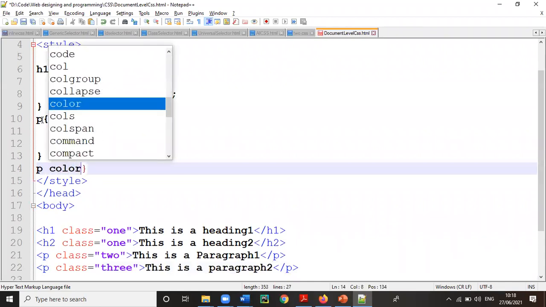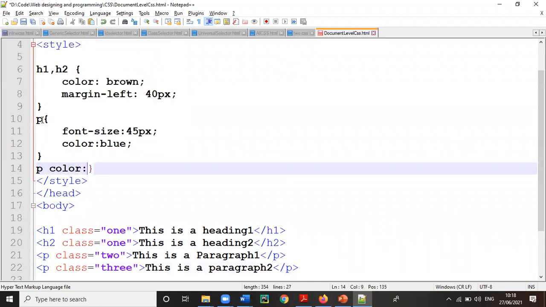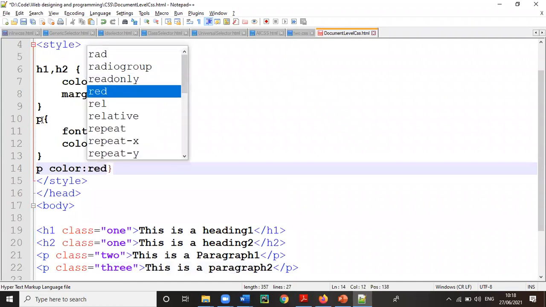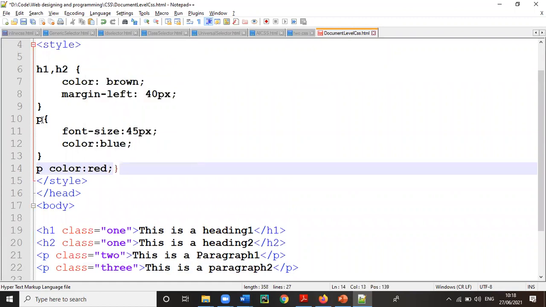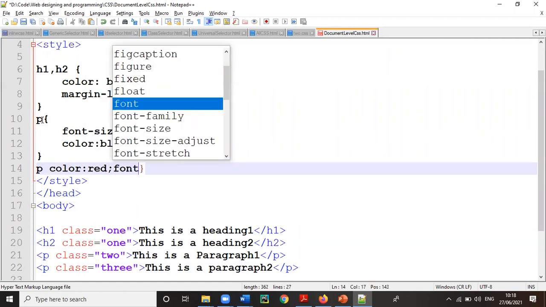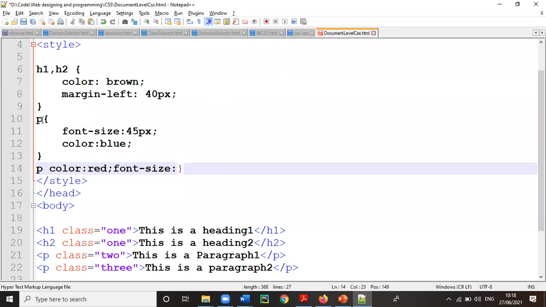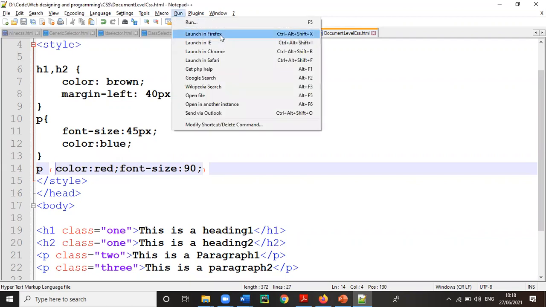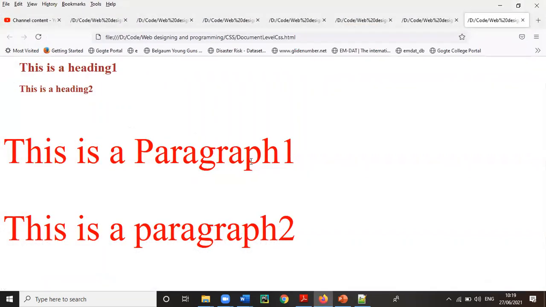Let us say like this: color, let the first paragraph have color blue. Let the second paragraph have color red. And then font size also will vary a bit. Instead of 45, let us make this as 9. Now, if I run this as it is, you can see here both the paragraphs are having the